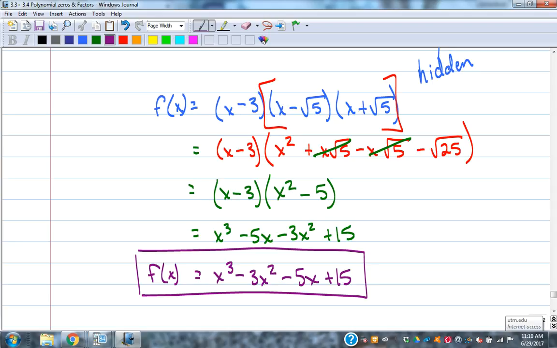All right. So with square roots in there, you've got to remember that they're not going to tell you both of the answers. They're going to tell you one of them. You've got to remember the other one exists with the square roots. Something similar happens